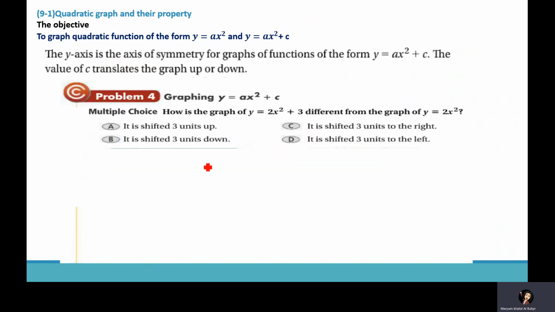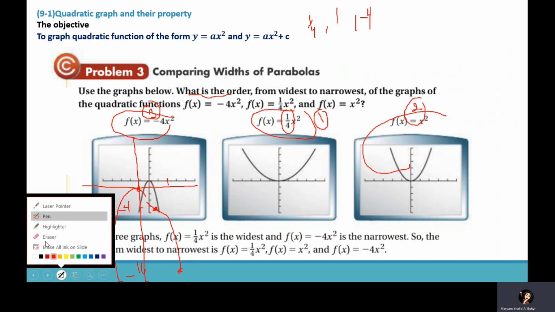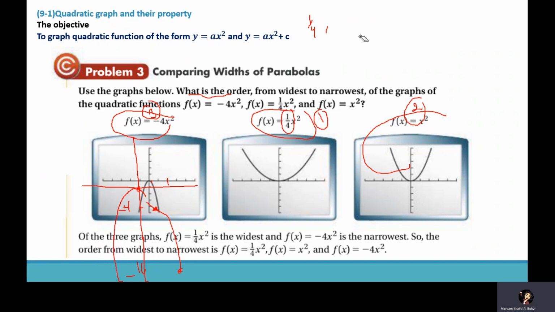We can also have an exercise. Let me write the exercise for this problem. Say we have y or f of x, it's the same thing, equals -x to the power 2, and we have y equals 3x to the power 2, and if we have y equals